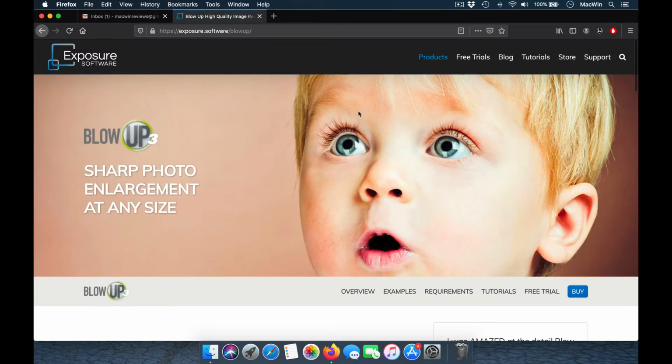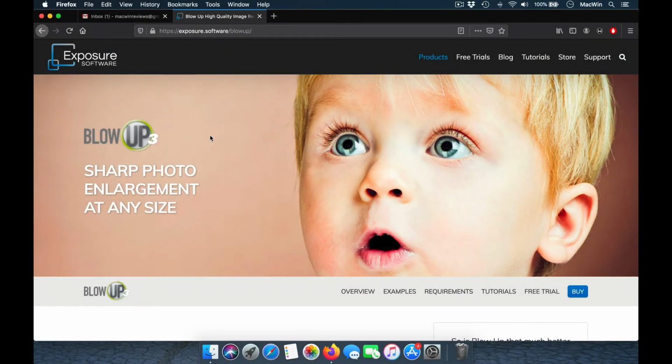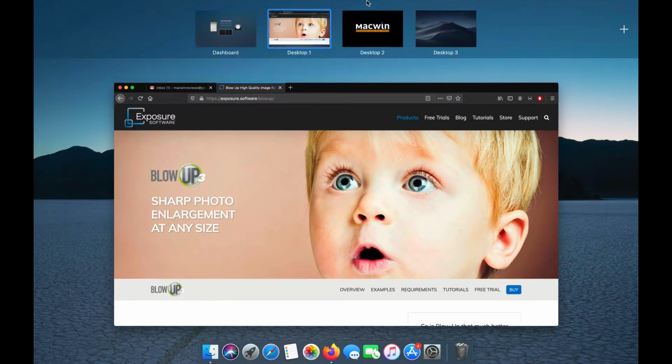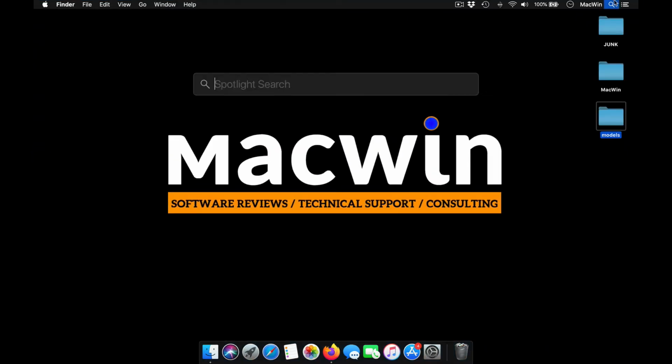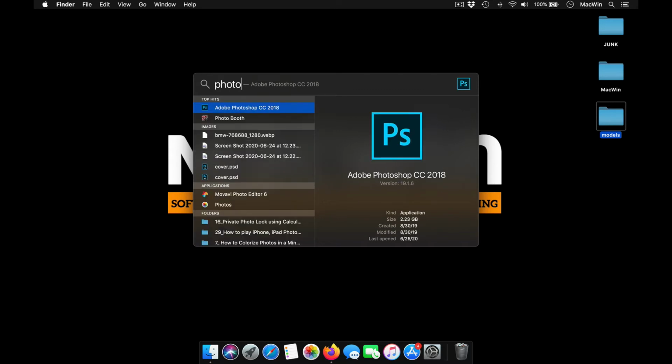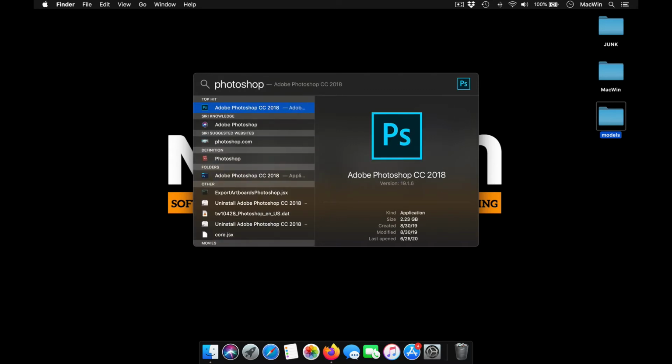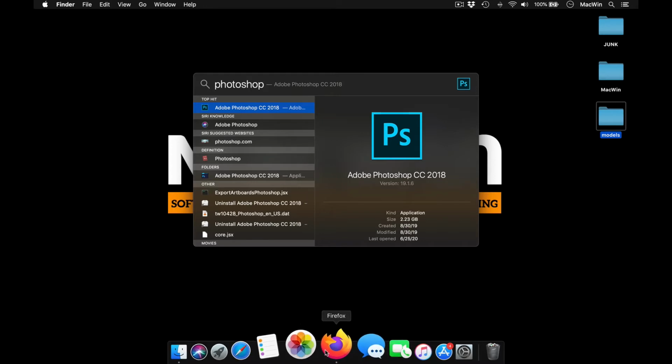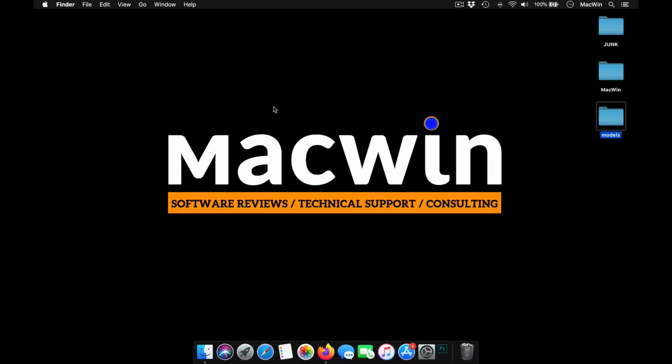This plugin helps you to scale an image to at least 200% in size without losing the quality. These guys are very famous for plugins, and this is a very famous tool, and it helps you to blow up your images without losing the quality. If you don't believe it, I'll show you how it works. This works with Photoshop as well as Lightroom, and it works with the proprietary tool of AlienSkin itself, their own tool, Exposure X. It works on that as well.